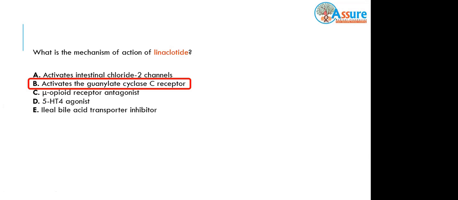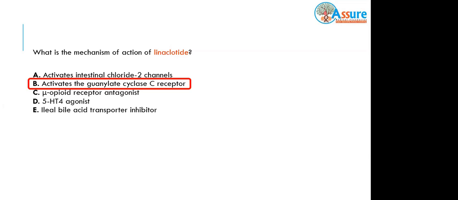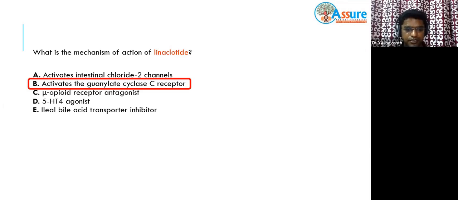Methyl naltrexone, alvimopan. Okay. Where do you give methyl naltrexone? Where do you give alvimopan? So methyl naltrexone is used for opioid-induced constipation, whereas alvimopan is used in post-op cases of surgery. Yes. And there's one more, I think we can discuss this question.